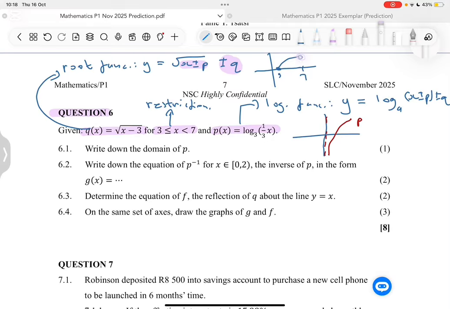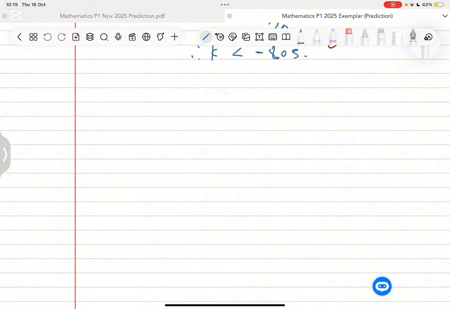So we use this circle here to show that that number there is not included. But this one we shade here, the 3 we shade to show that the graph is actually included. So basically that's what I'm given here. This is how my functions would also look like if I were to really sketch them. Now using this knowledge, we are going to then answer our questions and go to